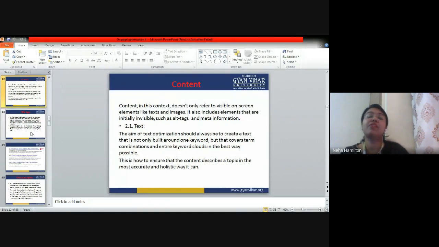For example, I have given you the example of Olympics. If you are writing about Olympics, you should write every detail about the Olympics in a particular article. If you are writing an article on the performance of India in Olympics, then you have to write how many medals we got, when it started, what the total number of medals is, who the top athletes of India are, who the top competitors of India are, right? What are the events in which India is participating?